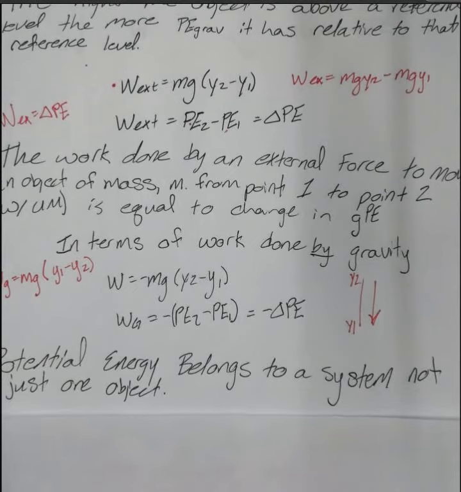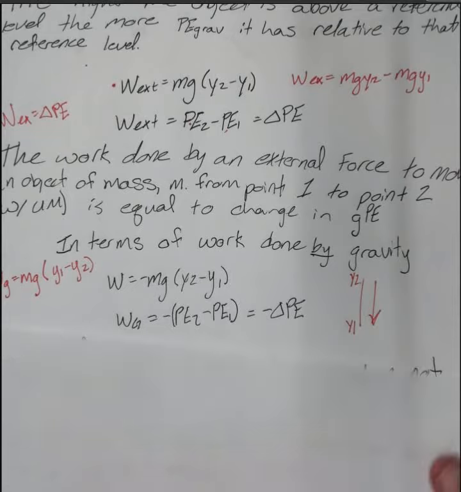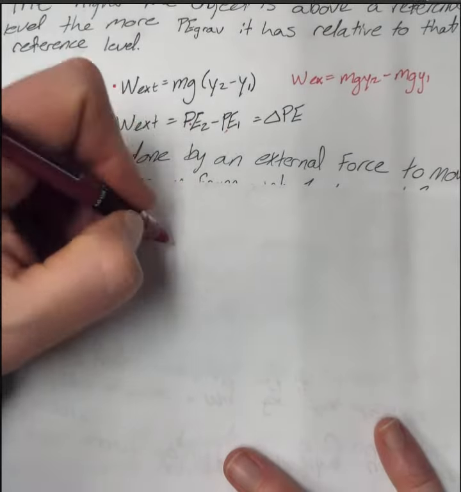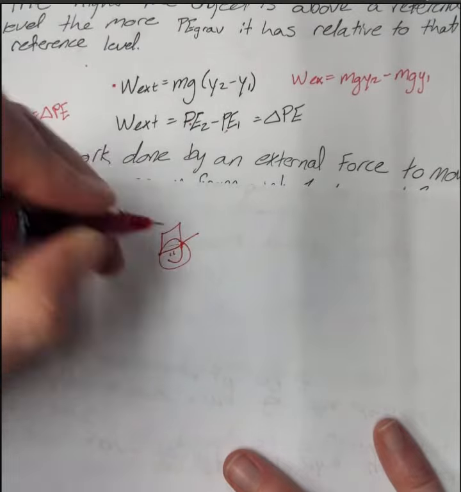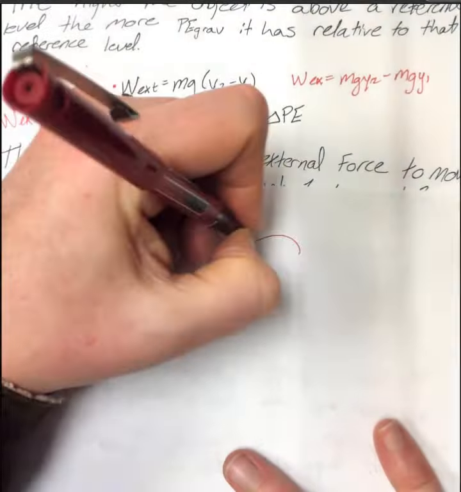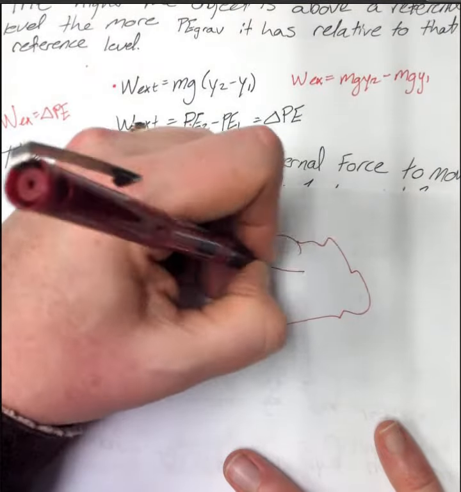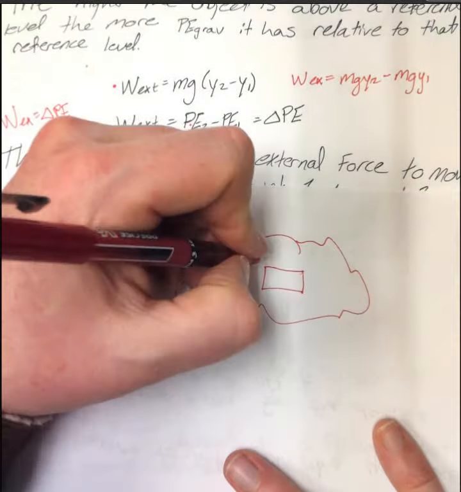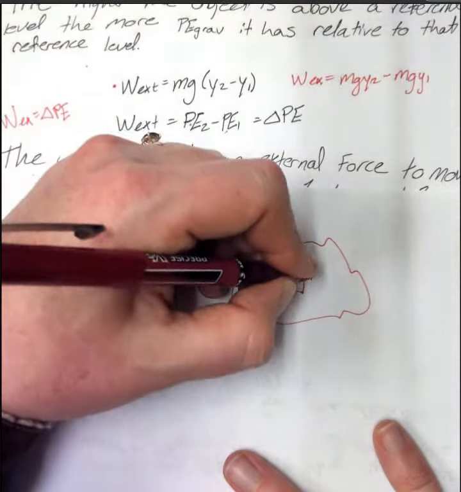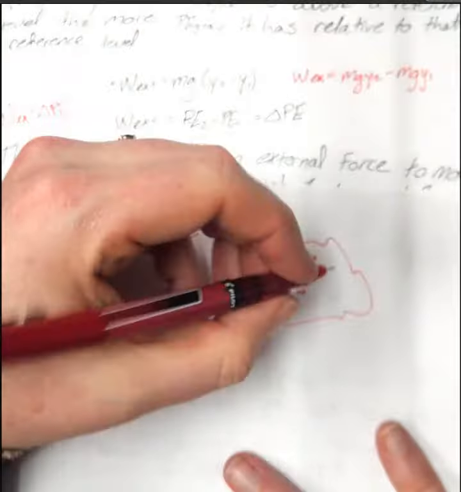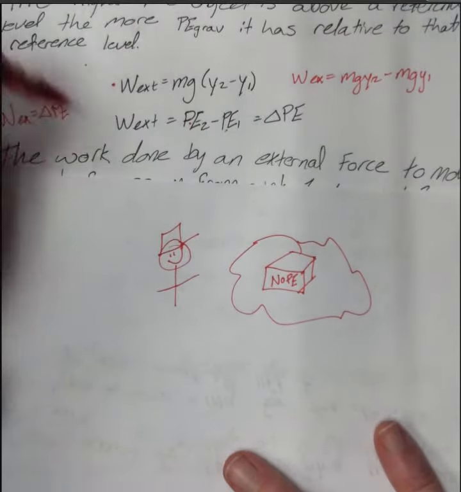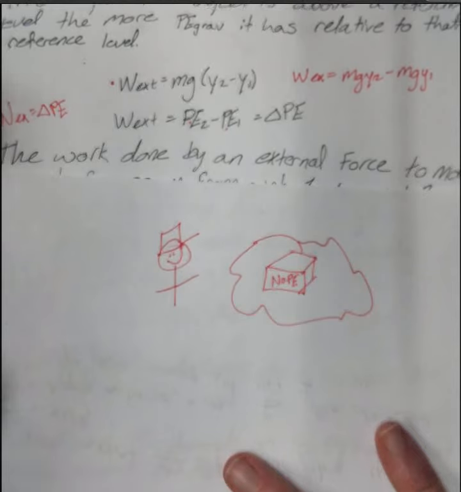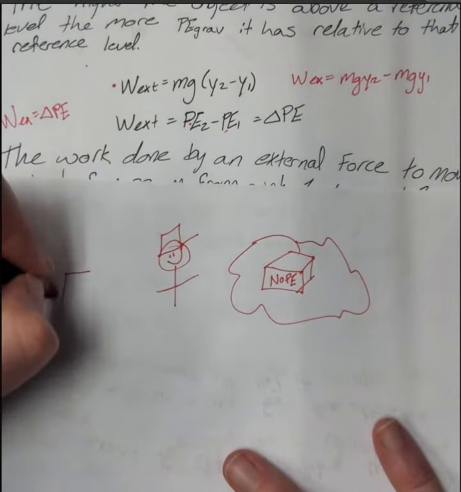It's really important to remember that potential energy belongs to a system, not just one object. If Benny took an object and he put that object all the way out into space where there was nothing else around, this object has no potential energy because without a system, there's nothing to reference it to. However, if that same object